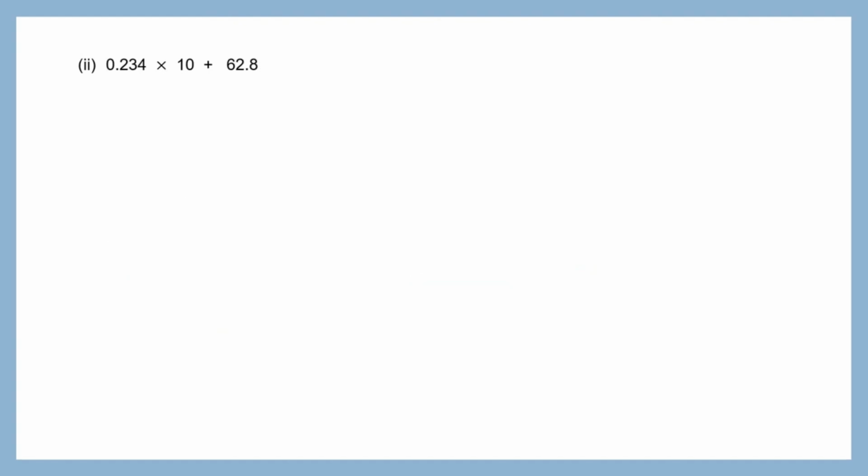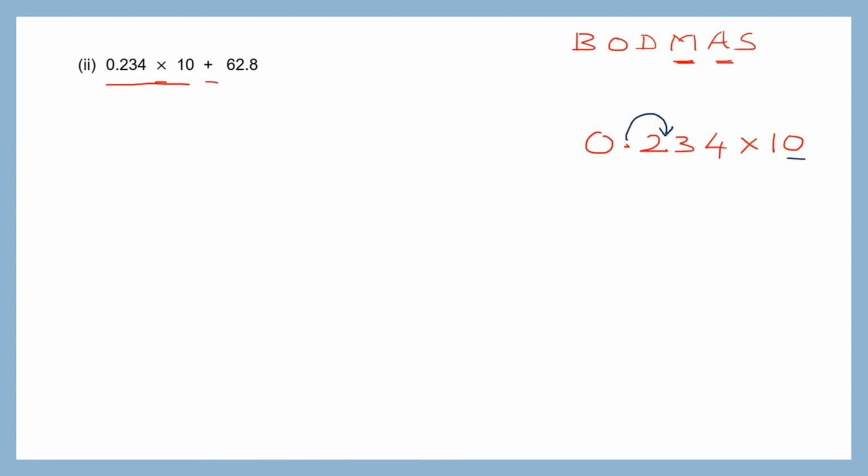Question 2. Here we have multiplication and addition. Okay, let me write this down once again. BODMAS. Right, so we have multiplication and addition in the question. Which one should we do first? We need to do multiplication first and then addition. So let me do this part. 0.234 into 10. Now again, when you do multiplication by 10, 100 or 1000, don't waste your time doing the long multiplication. You simply need to move the decimal point to the right. So that's 1 0 there. So I'm going to move it one place to the right. So it becomes